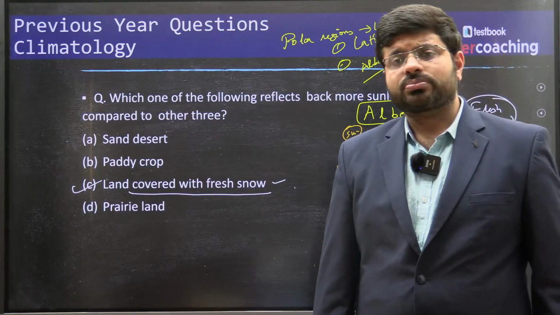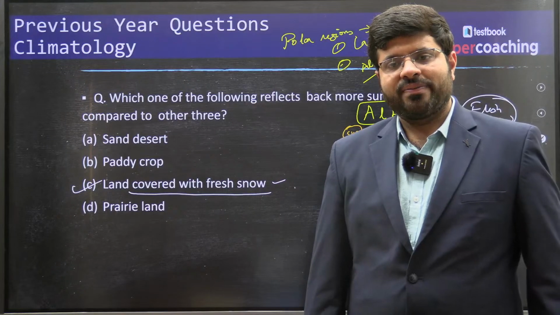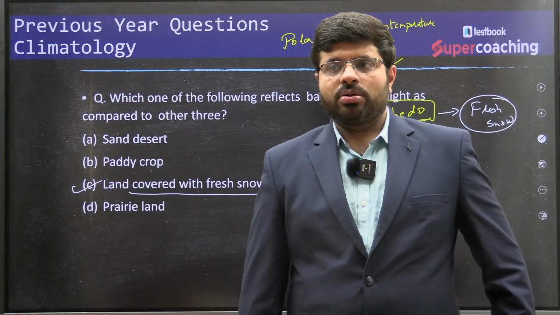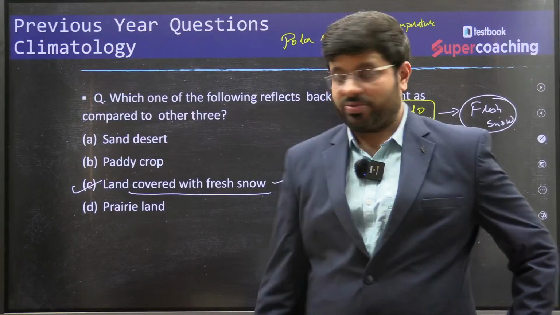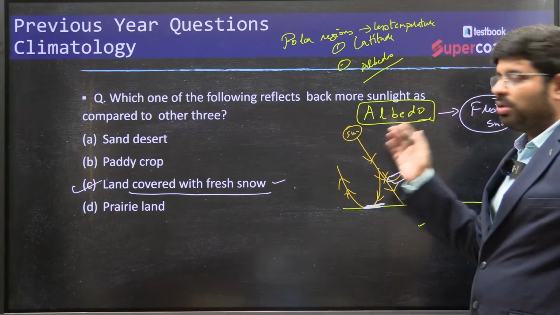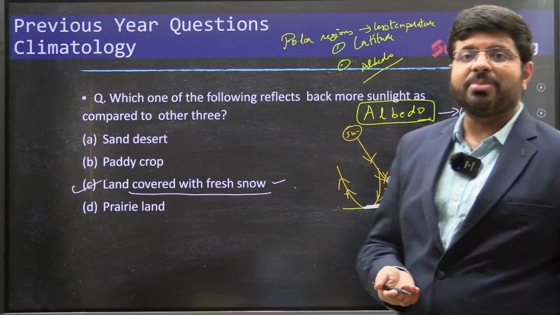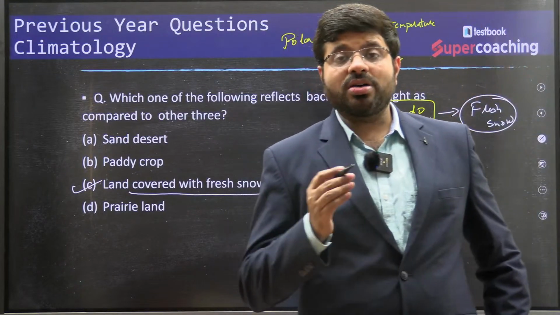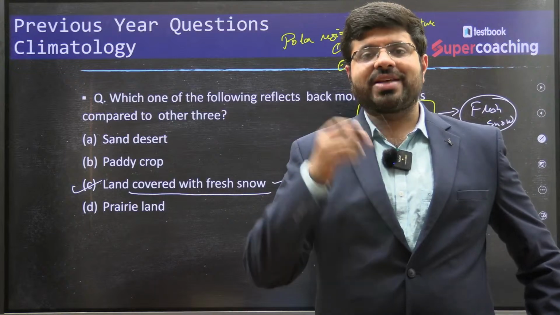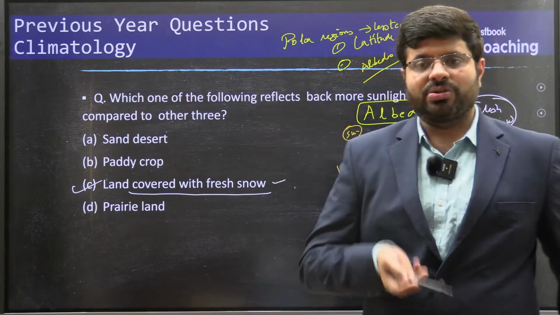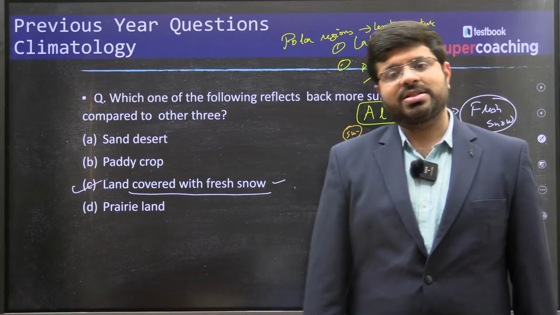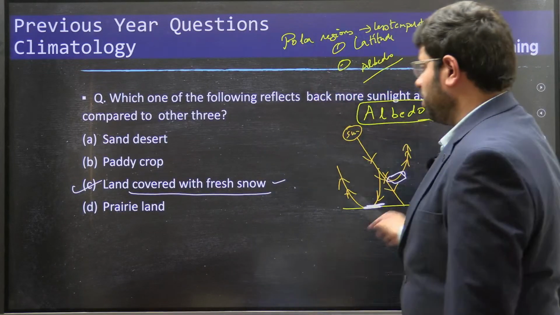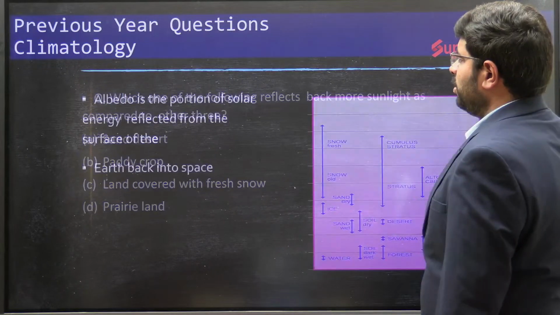Then one more point. Albedo, why do you think that the glacial ice is melting in the Himalayas? When you talk about this concept, as I was telling you, in the Himalayas, glacial ice is melting because of what? Because of the black carbon, which changes the albedo. So that is the interrelated concept. Black carbon, which changes the albedo, right? Then move forward to the next one, right?